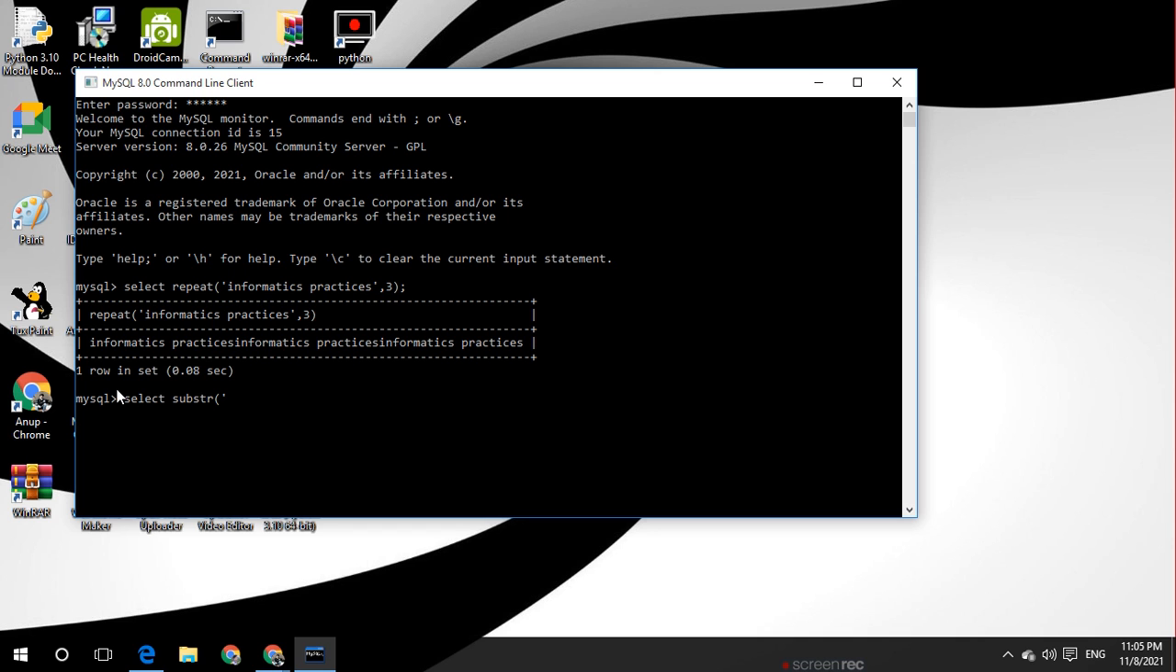Suppose I want a portion of informatics practices. So the command for this is informatics comma. Suppose I want formatics from the informatics practices. So the number is to be written here. It counts f from 1, 2, 3. The f is present at the 3rd position. So I have to write 3 here,